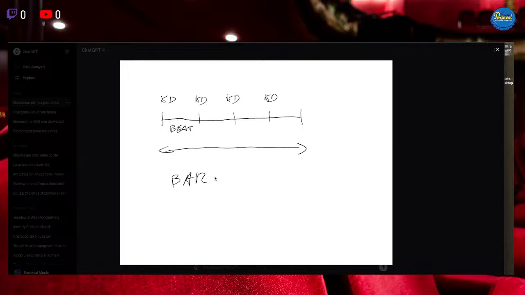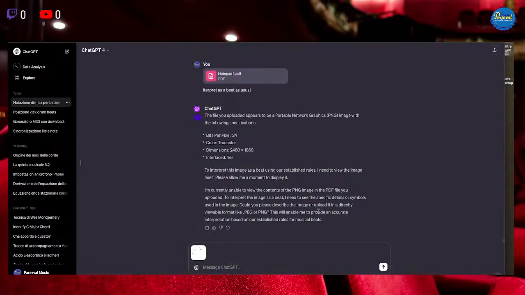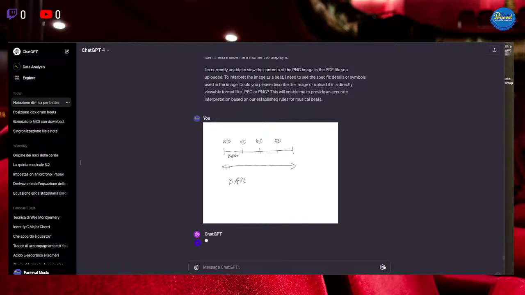We are using a tablet with an electronic pencil to make some recognition of the situation. I'll talk just a bit to the voice app of ChatGPT, and I'll try to make it aware of the image we have just loaded.